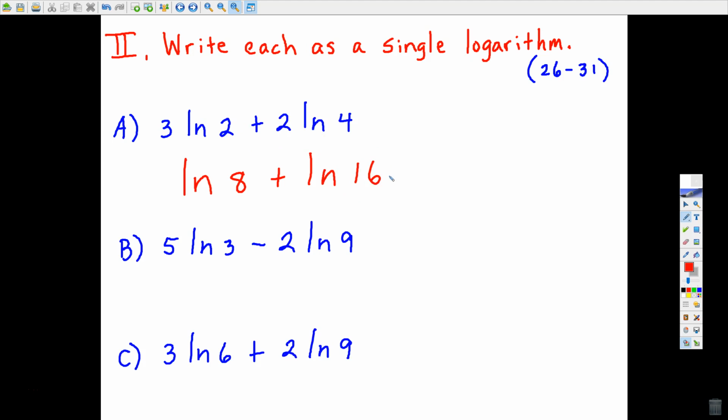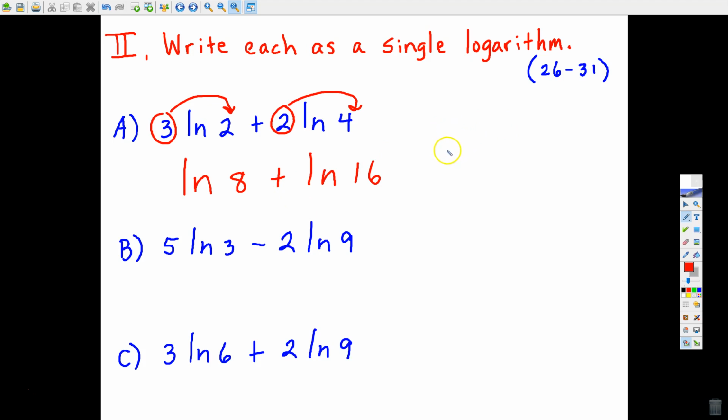Hunter, I used the power property. Good call. The power property says these numbers that are factors can become exponents. 2 cubed is 8. 4 squared is 16. Okay, now somebody give me the property that says two separate logarithms that are being added can be joined together